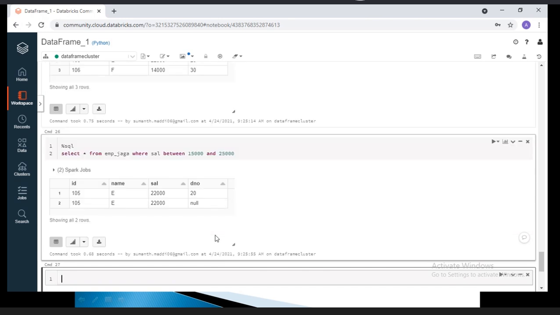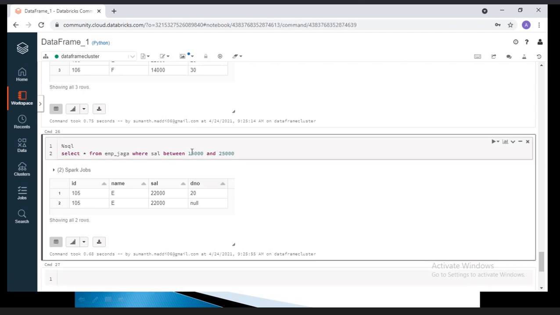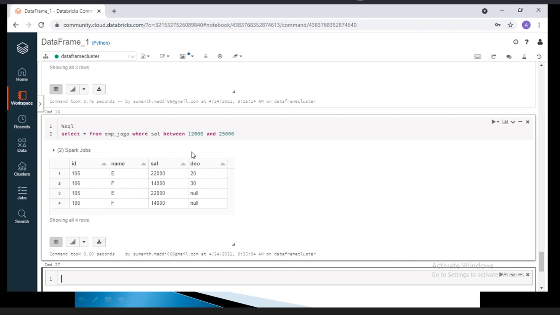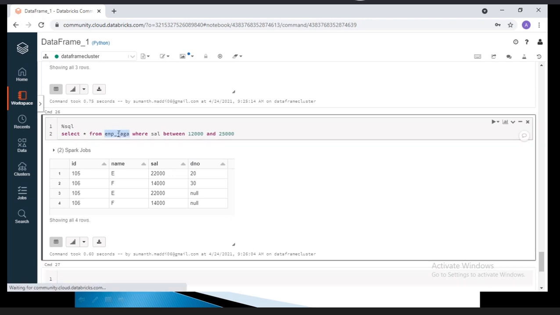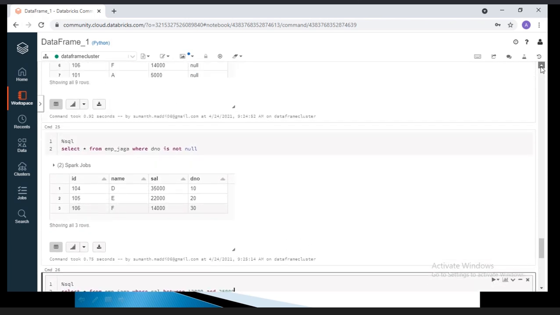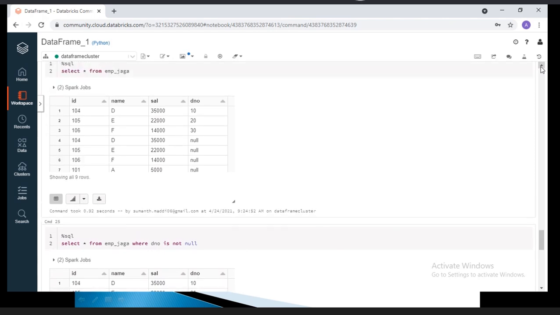If you want, you can perform your SQL queries. But step one, we should create the data frame, because your data is available in the CSV file. You want to execute the Spark SQL operation. In between, you have to create the data frame.